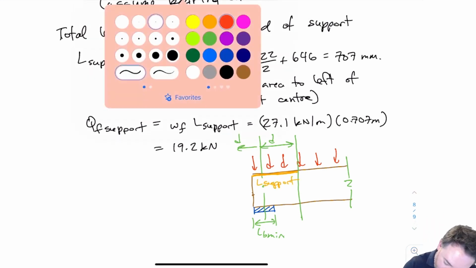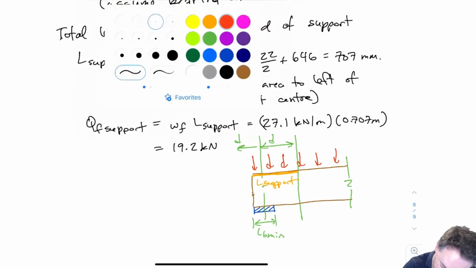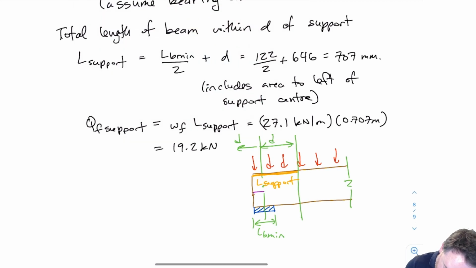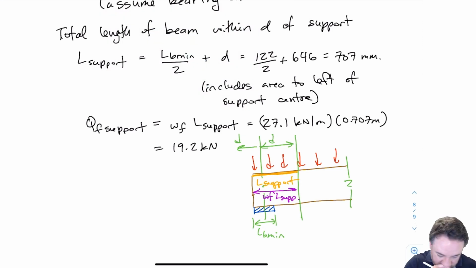And the w that is within that, wf times L support, is basically our total load that is for checking our squeezing load. So it's just those red arrows that happen to be within that L support length. Okay, good. So now all we have to do is do the check. Okay, so remember that Qr prime